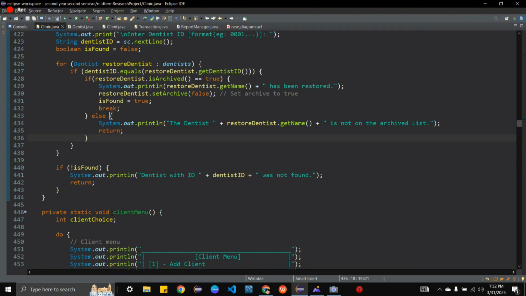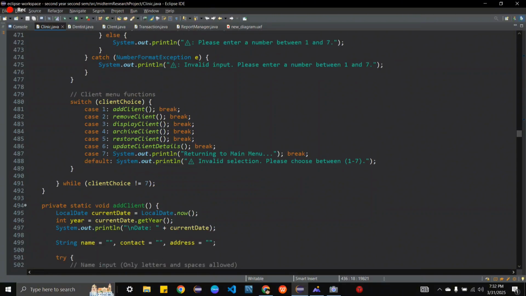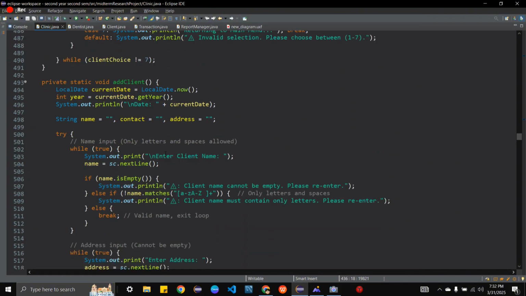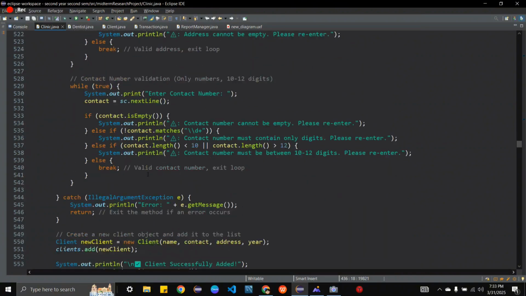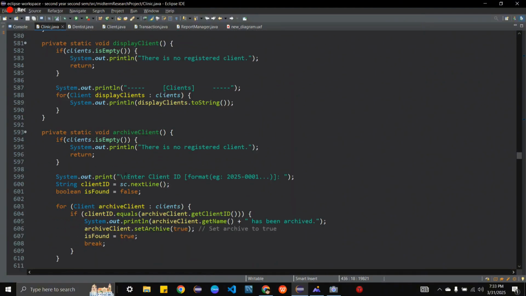Basically, that's how it works, and it is the same in the client menu. It is the same method. We have add client, remove client, display client, archive client, restore client, and update client details, which is basically the same as in the dentist class. So I will just show you the entire code.